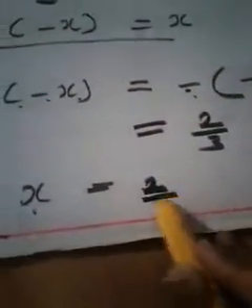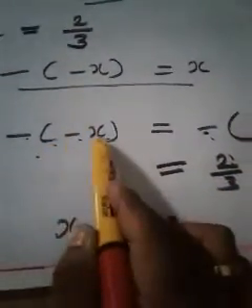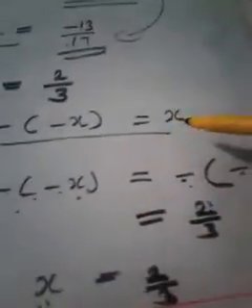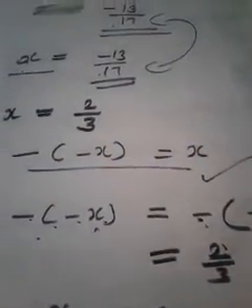Just write here and compare both values. Both values are the same, no? That means minus of minus x and x are equal, no? So it is verified. Minus of minus x and x are equal. Verified. Enough. Very simple. So no need to give much importance to this problem. This is a very simple problem. Don't get confused. Okay.